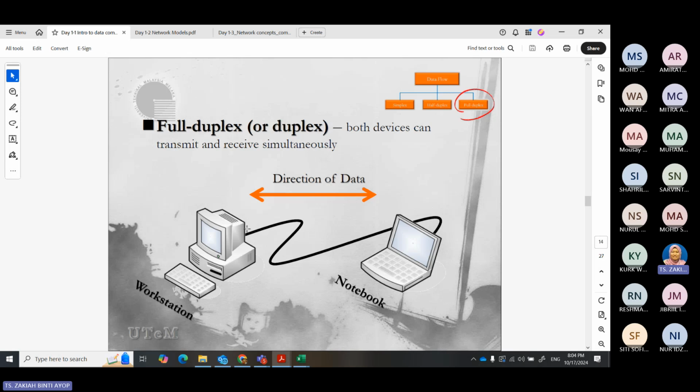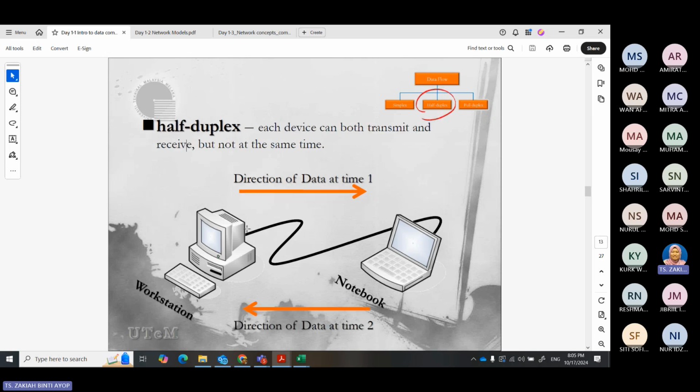So that's why I said before that the implementation of full duplex can be costly. It requires a double, a copy of another one. It means that there is one cost for half duplex, but we need to increase the cost if we want to use full duplex.